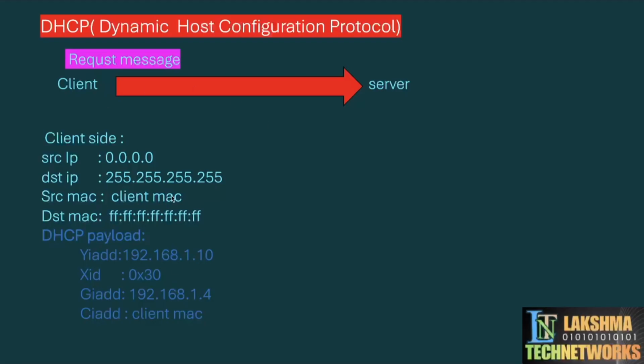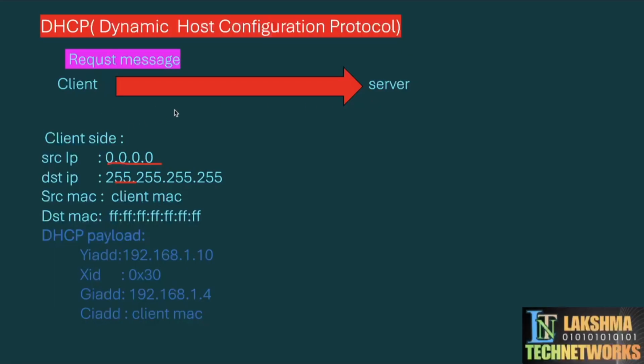So how will it request the assignment? The source IP of the client is 0.0.0.0, and the destination IP is 255.255.255.255. We may have a doubt how we will get that 255 again. So why? Because we don't assign the IP address